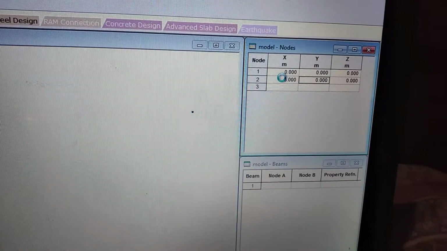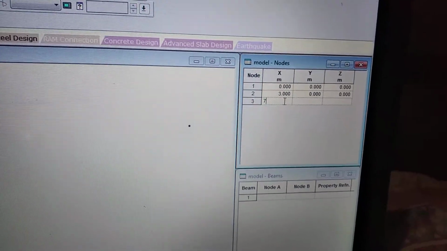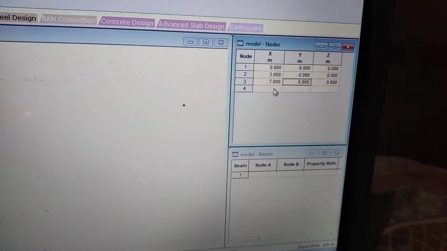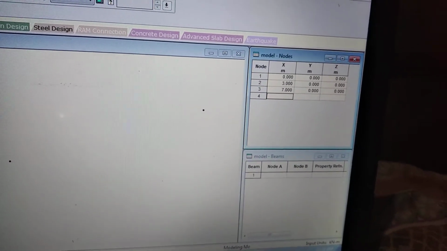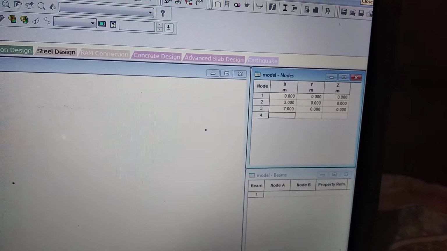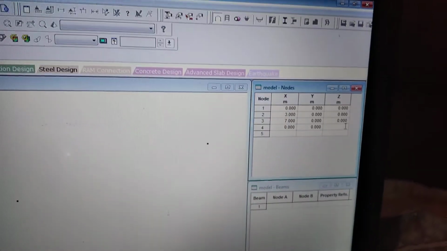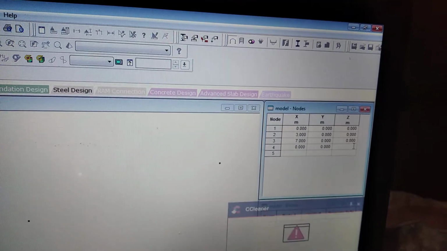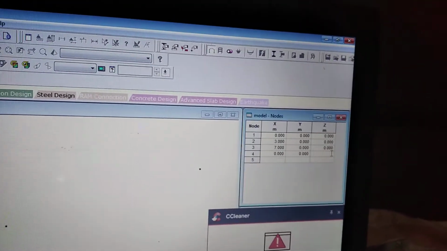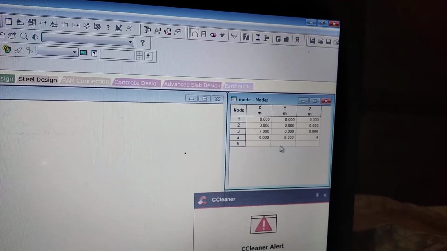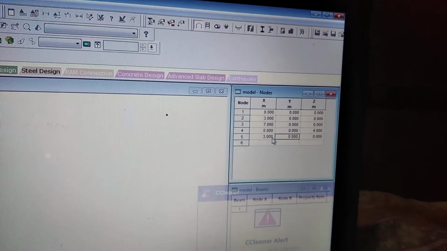0, 0, 0, 3, next 7, next 0, and in z direction it is 4, 3,